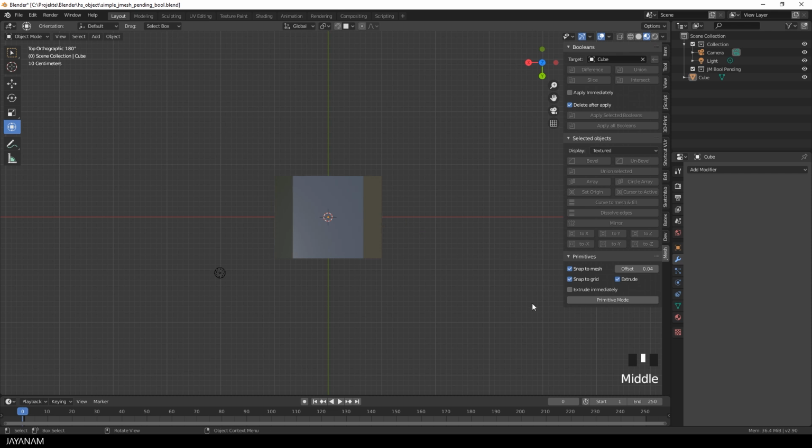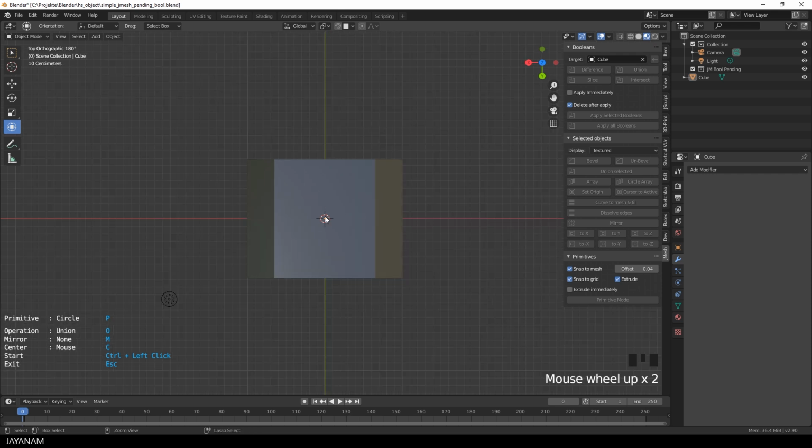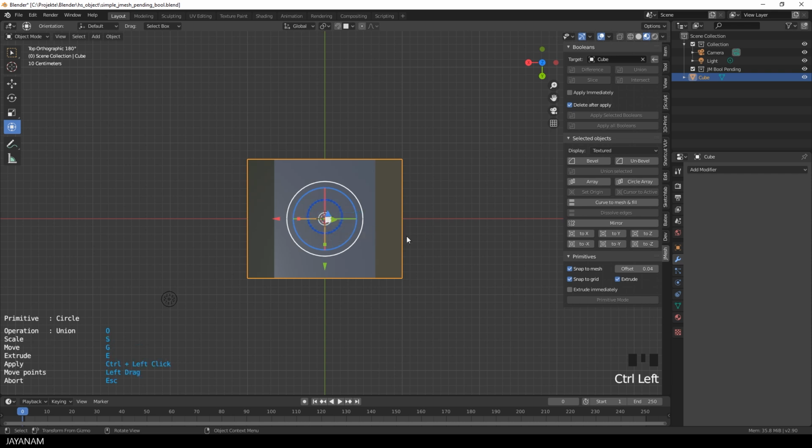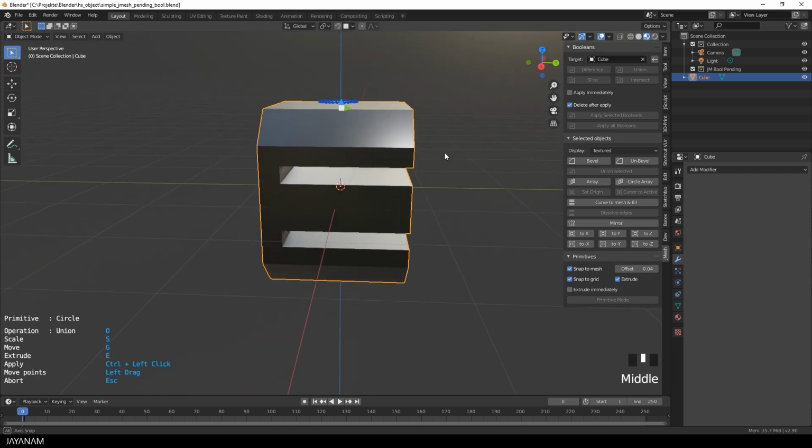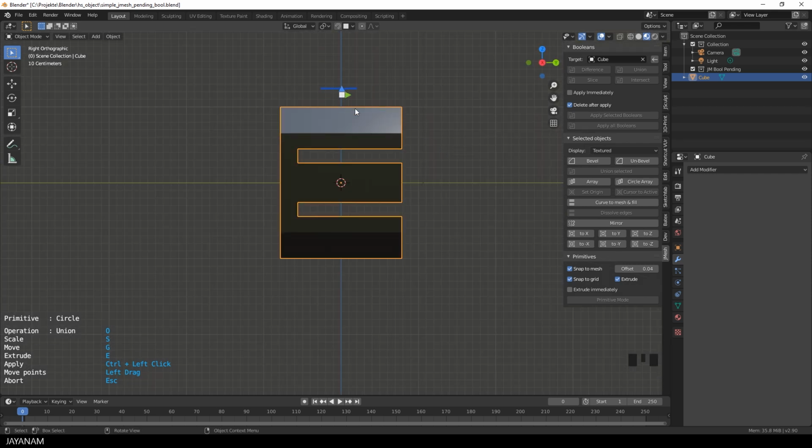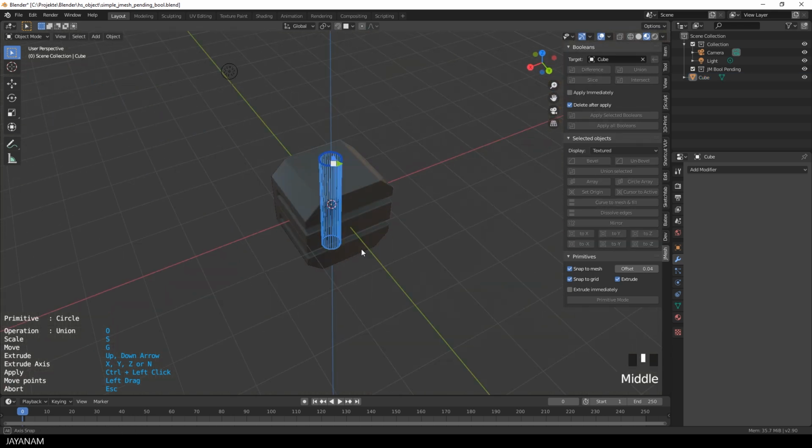Okay, let's add another primitive. This time I want to add a cylinder as union operation. So I set the primitive to circle and the operation to union. I draw this onto the top of the mesh, but I change the tool so that we can see the primitive better. Use the new gizmo to move this upwards and press E to extrude